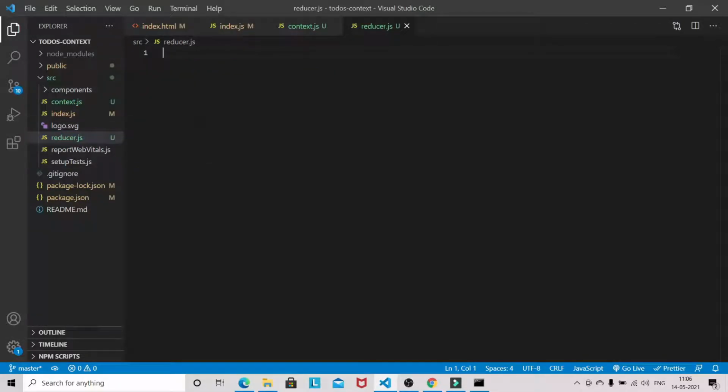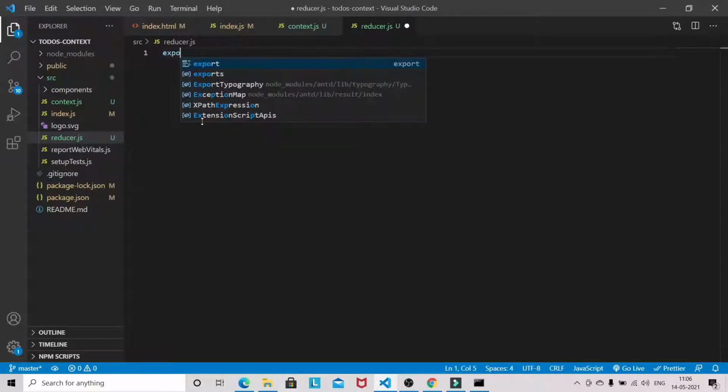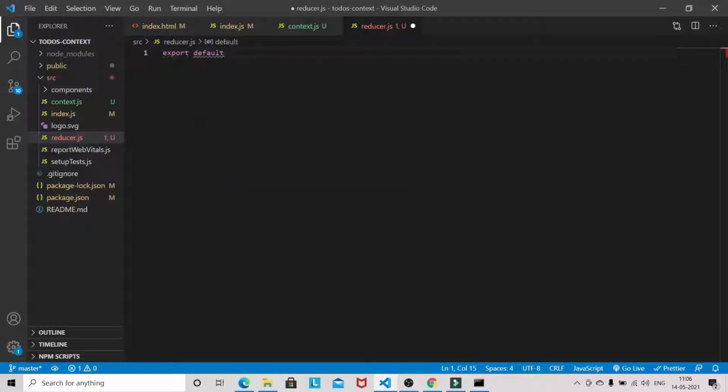In the same way, we will define, as of now, a basic reducer. Okay, so export default function reducer, state, action.